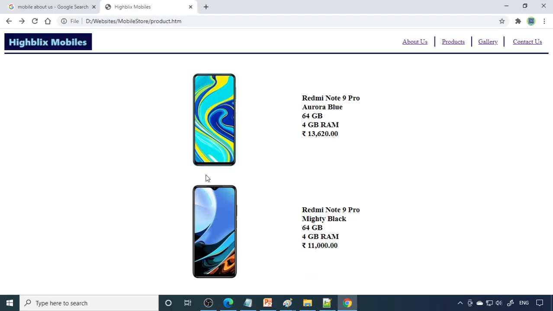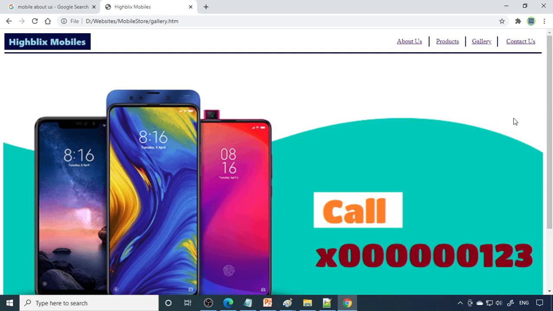So now if I refresh this page, this is how it looks. Can I keep on entering more products? When we scroll down, we are able to see all the products. And we can also redesign with some box and all these things are possible. So I'll just show you some basic things now. So next is the gallery. If we go to gallery, some pictures we want to show here. We can show mobile phones, or our showroom, or discount or advertisement, whatever you give. All this we can show in the gallery.